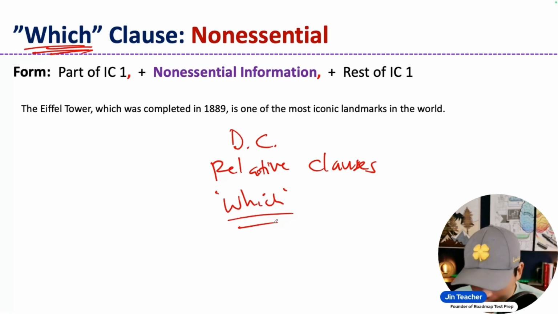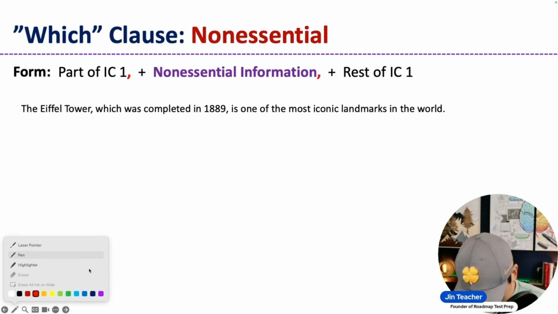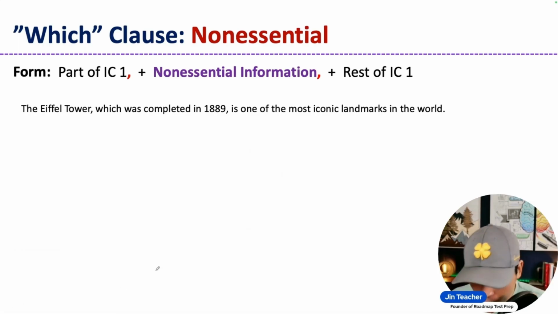Now, the job of this which clause, this type of dependent clause, is always to describe the noun that comes before it. Okay, I'll explain all of this in just a second, but just know that this which clause is always going to be non-essential information. Which clauses are always non-essential when used as this dependent clause. Let's take a look at this example here. It says the Eiffel Tower, which was completed in 1889, is one of the most iconic landmarks in the